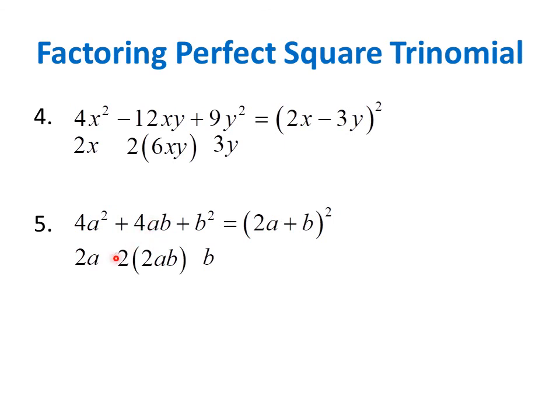To factor, let's use the square roots of the first and third terms. So we write 2a and b. Since the second term is positive, we have here plus, and then we raise the binomial to the exponent 2, and then we have the factor of this